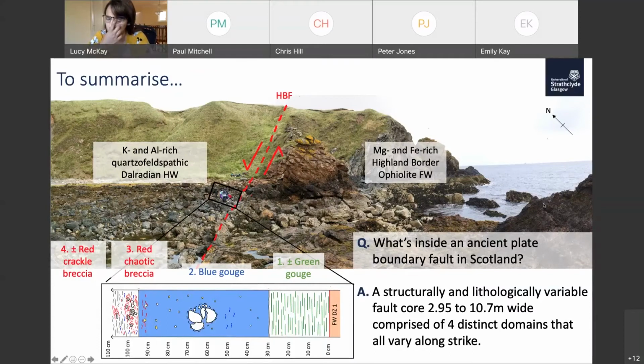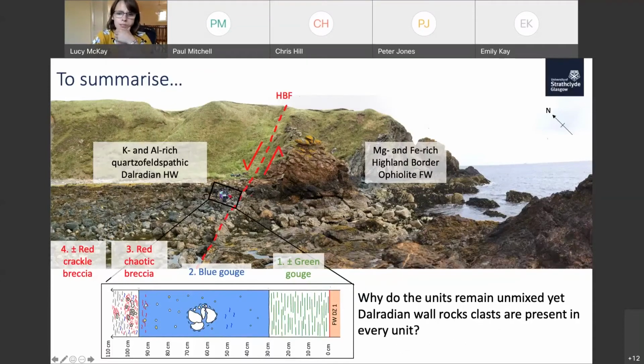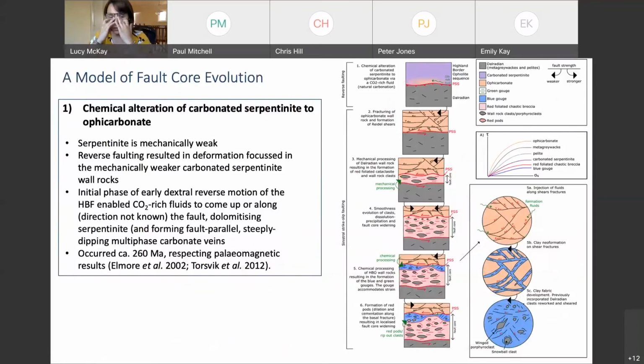But one of the most puzzling things for me was, if these have been derived from separate wall rocks, then why do you get these Dalradian clasts, going from lenses to small rounded clasts, within these units, implying that there has been a degree of so-called mixing, yet the units remain distinct. So I tried to put all these observations into some